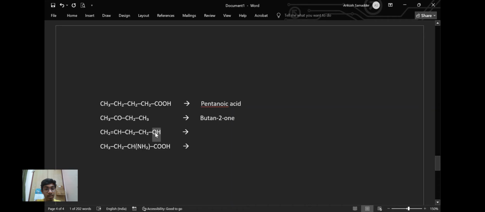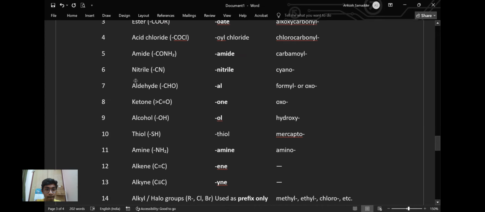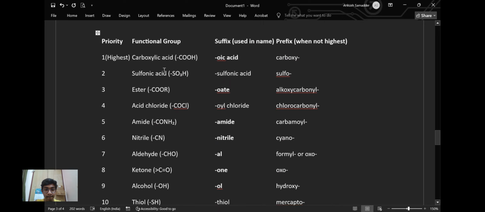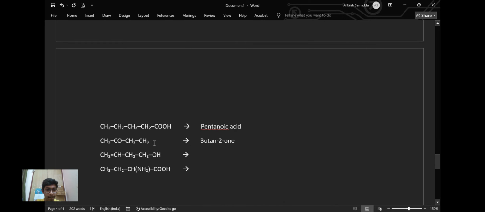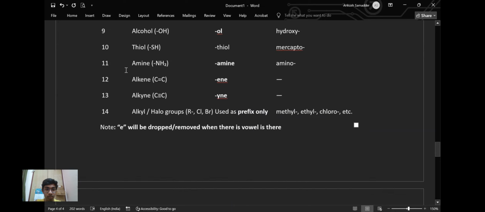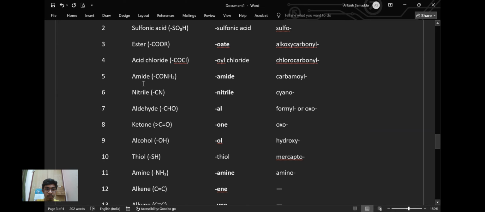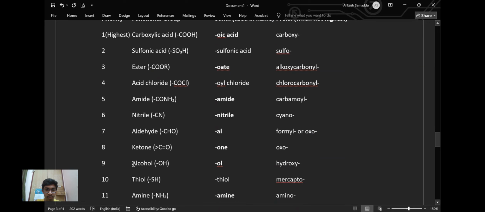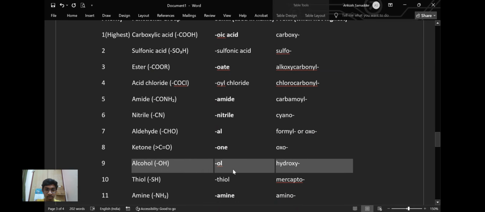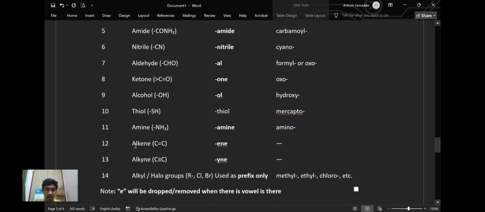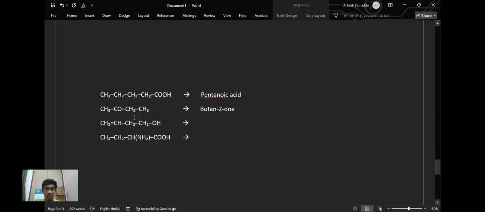This alcohol will have higher priority than this double bond, because in this table, if you see, alcohol is higher than alkene. So alcohol has higher priority than alkene. So it will be written as,